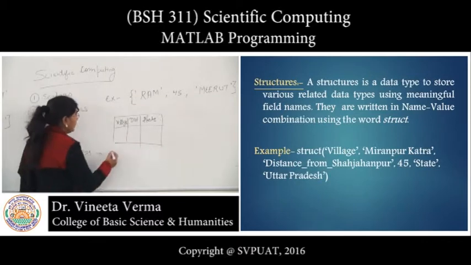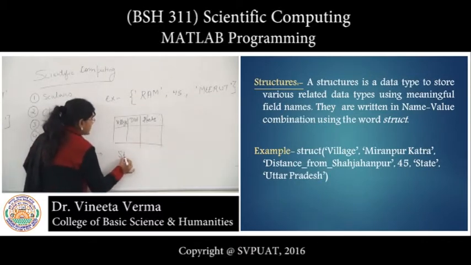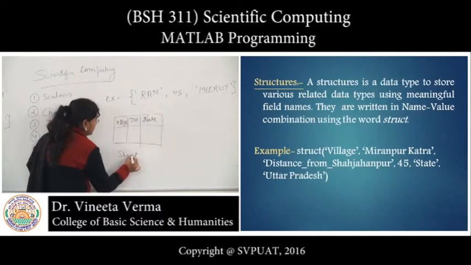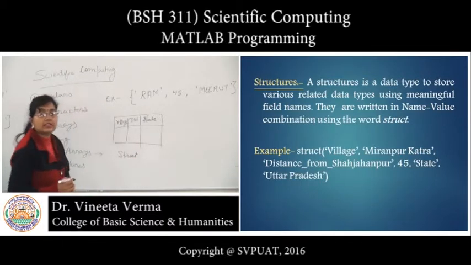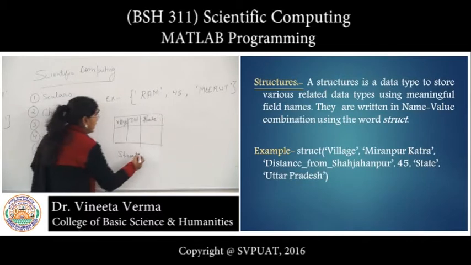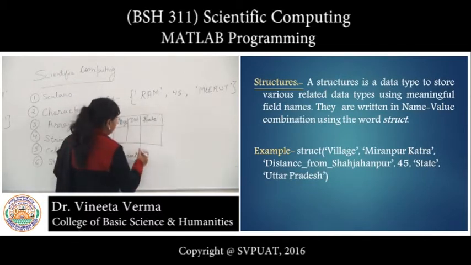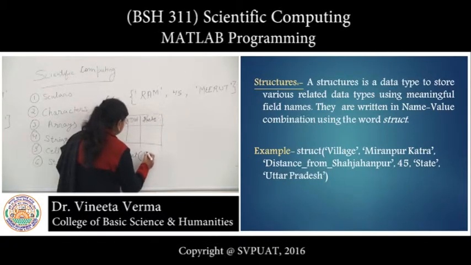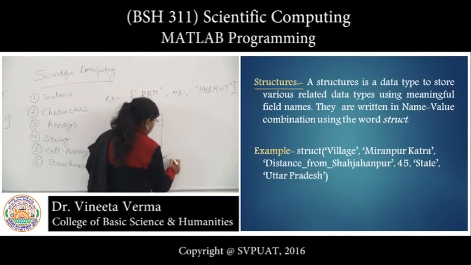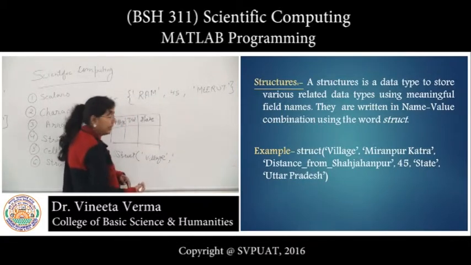In structures, we can define a structure by the struct keyword, writing struct. After that, we can write a field name, village. Then what is the data in this field?